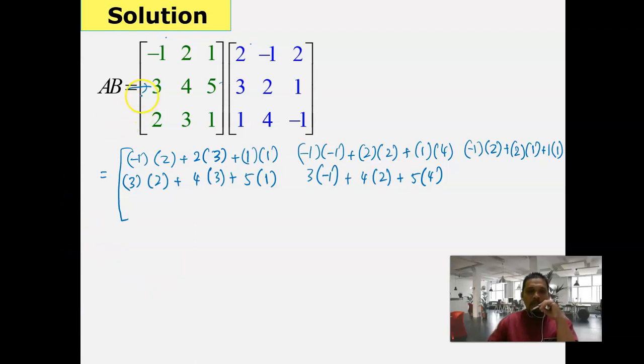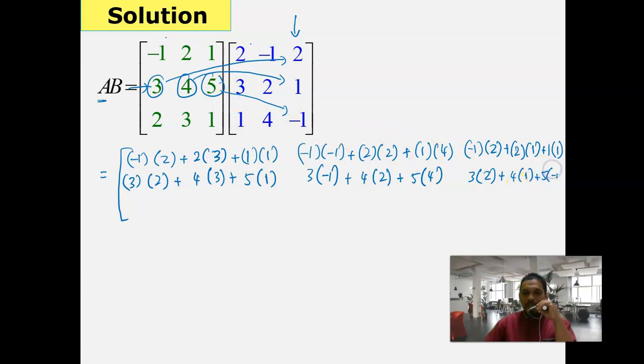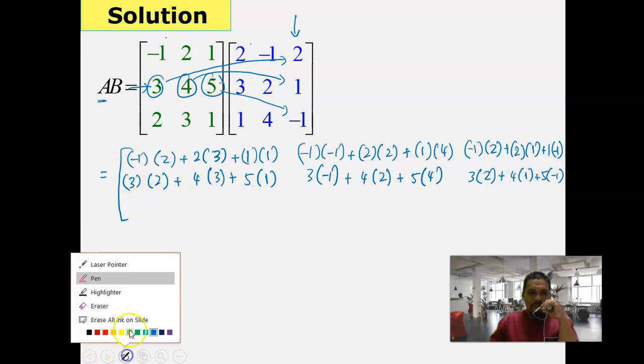We are still focusing on the element in row 2 of matrix A, and we are going to multiply with the entries in row 3. So 3 times 2 plus 4 times 1 plus 5 times negative 1. Okay, actually it is negative 1 here, sorry. Okay, so now class,